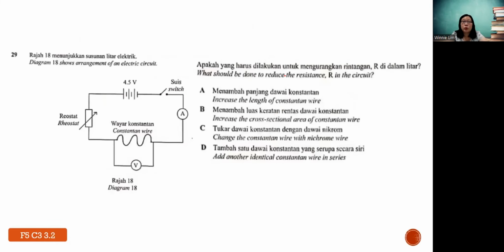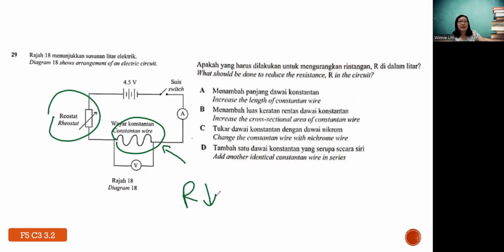29. What should be done to reduce the resistance R in the whole circuit? Okay, so either you adjust the resistance, or you control the factors which affect the length of the constantan wire. So there are a few factors, right? Length, cross-sectional area, and temperature. So if you want the resistance to be less, that means